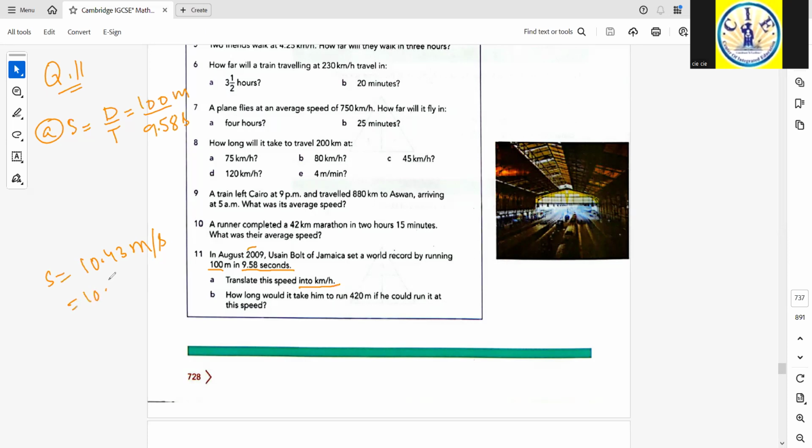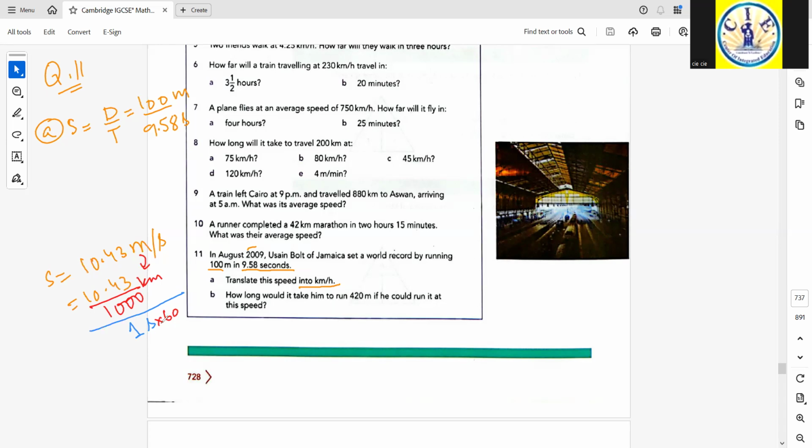For that, we need to divide this by 1000 so that meters get converted to kilometers. And in the denominator, we already have 1 second. So converting this 1 second into hours,